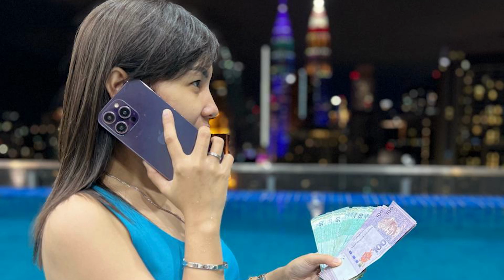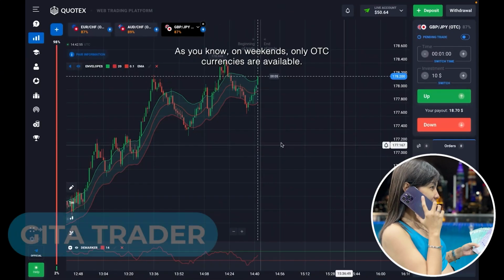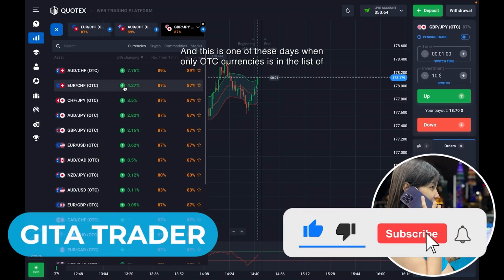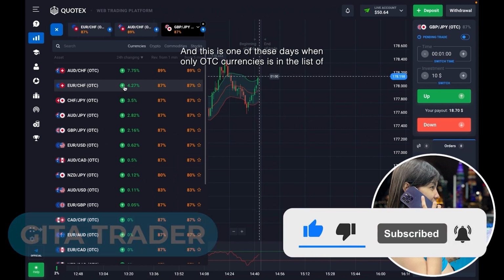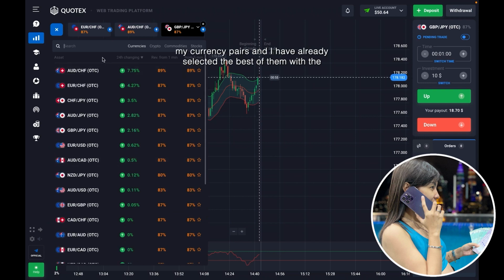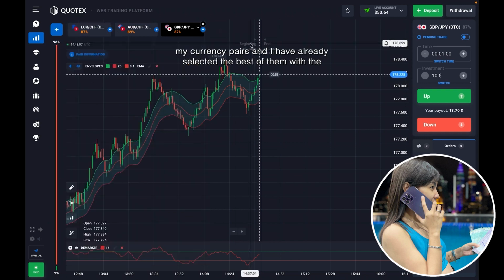That's why I decided to shoot this weekend strategy for you. And as you know, on weekends only OTC currencies are available. This is one of those days when only OTC currencies are in the list of my currency pairs, and I have already selected the best of them with the most interesting situations, which I will be explaining for you